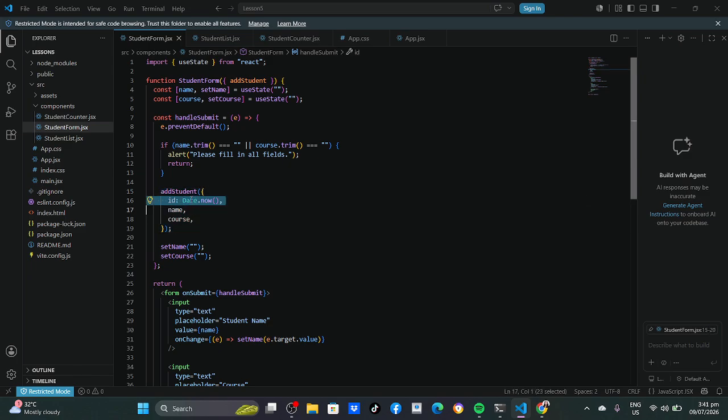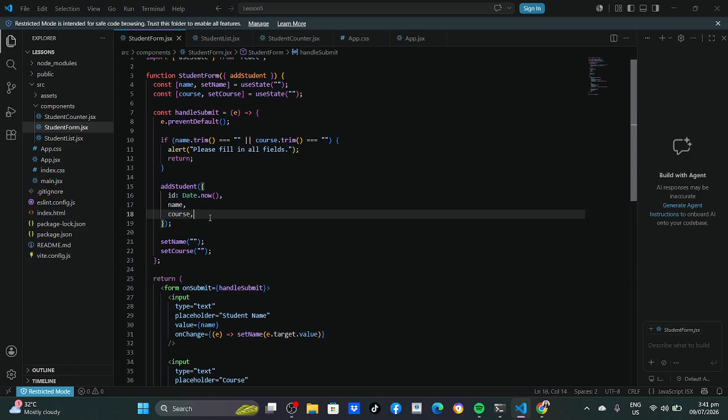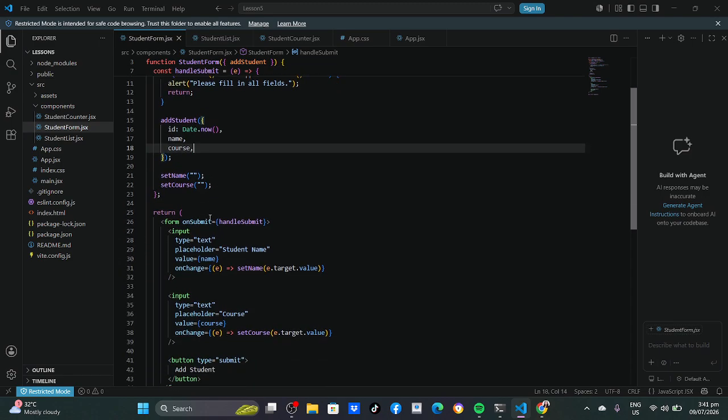The Date.now function generates the unique ID for each student. Then I pass the student's name, and the course, in the object. And then here, the setName and setCourse reset the form after successfully adding a student.